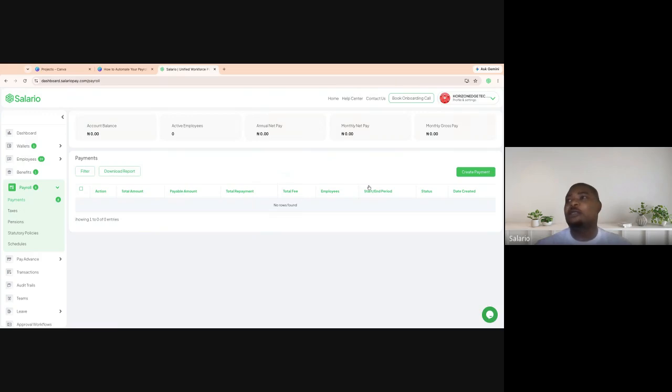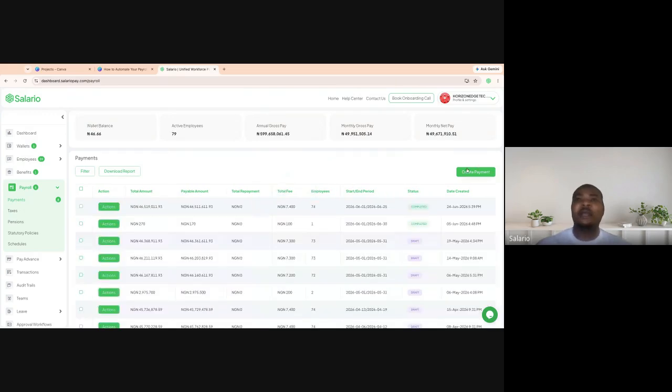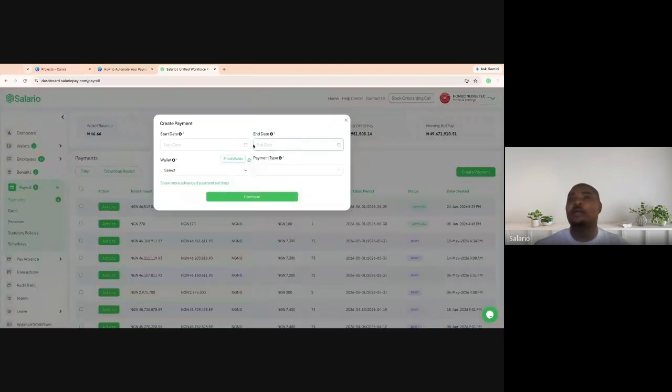So payment is easy because the platform has centralized employee onboarding, compensation, computation, and now payment in one platform. You don't have to juggle things. Everything just happens seamlessly in a singular flow, whereby you just have to click on create payment. Let's say you want to create payment for July. You just select the month of July, select the wallet, and select the necessary options, and you click